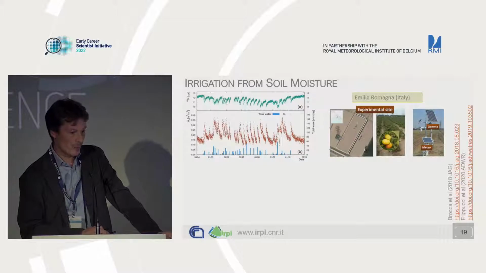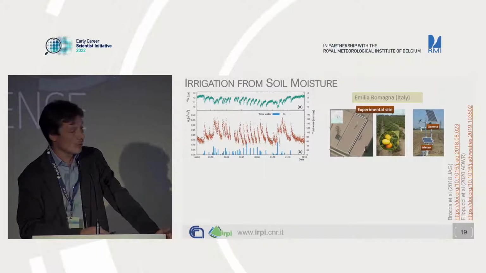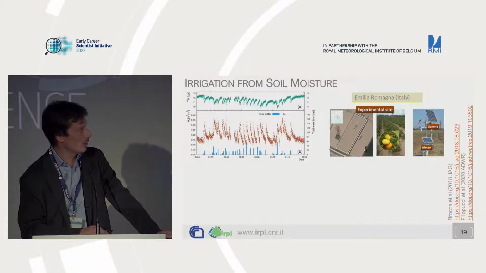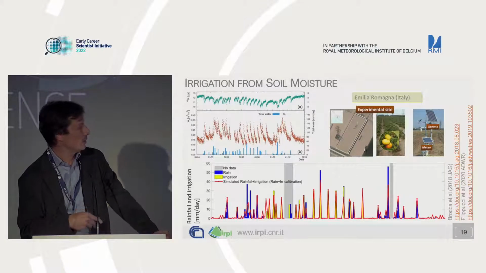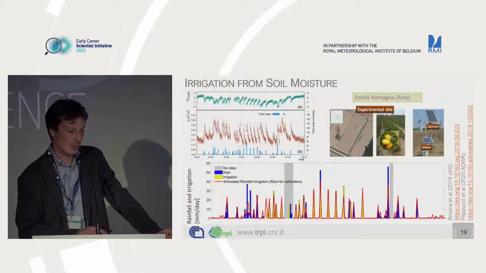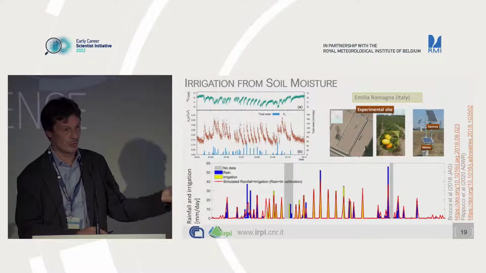Then irrigation, and basically the same principle. If you are able to track soil moisture, this is soil moisture data from in situ data, you can also track not only precipitation, but also irrigation. This is with in situ observation in northern Italy for an experimental farm. And this time series shows, in the bottom, precipitation and irrigation bars. And the red line is what we get from soil moisture. And so basically, if you have good soil moisture observation, you are able to track not only precipitation, but also